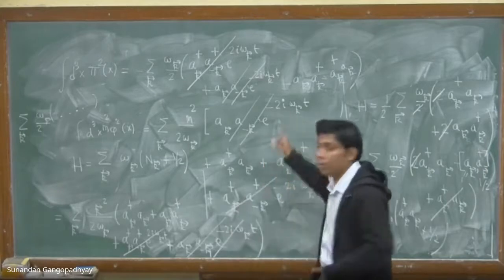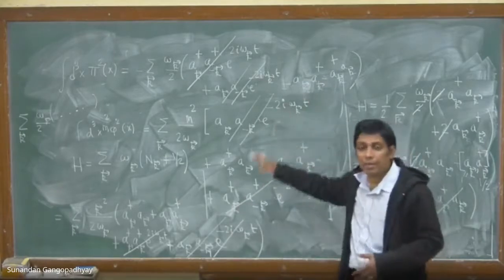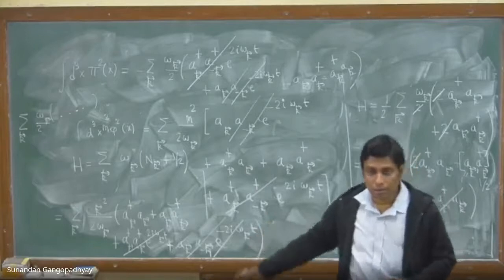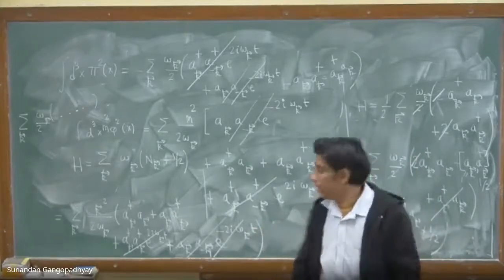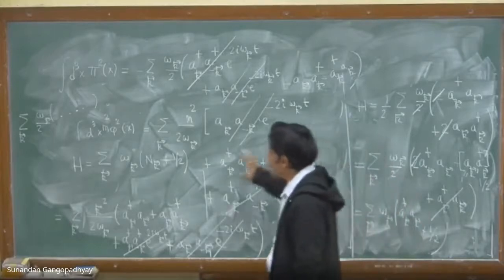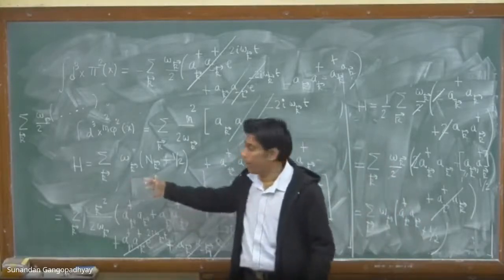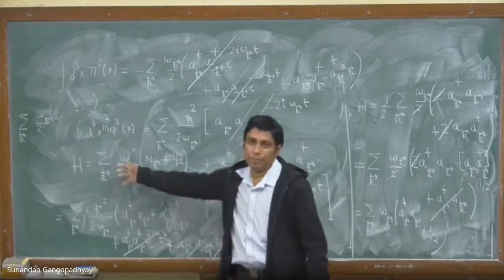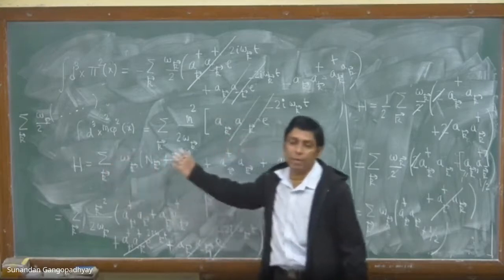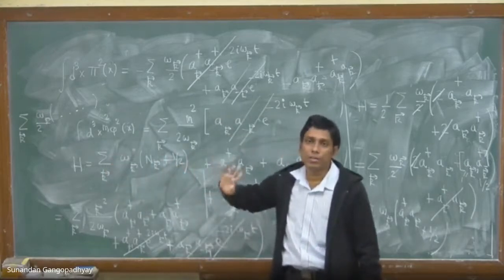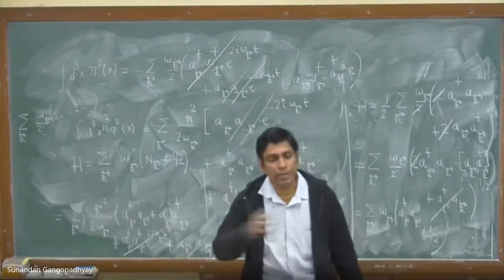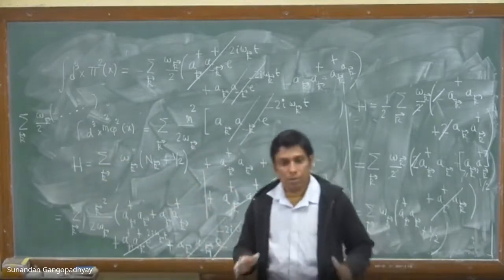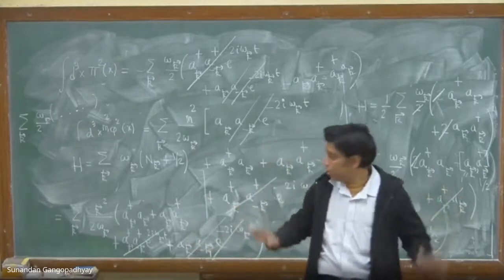But the most important thing is that although we have kept the field in a finite box of volume V, you see that the volume factor has cancelled away from the final expression of the Hamiltonian. The V factor is no longer there in your expression for the Hamiltonian operator. It has cancelled away. So you can now forget about the box.